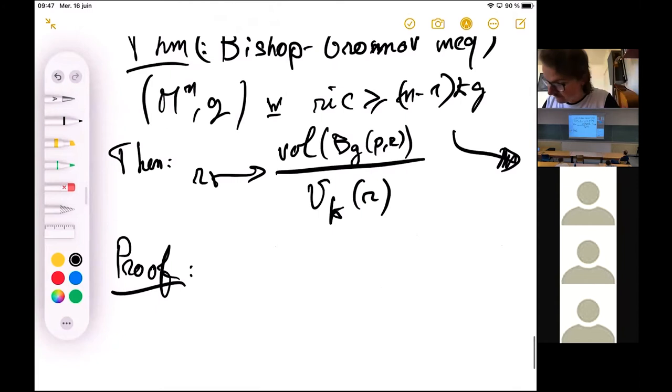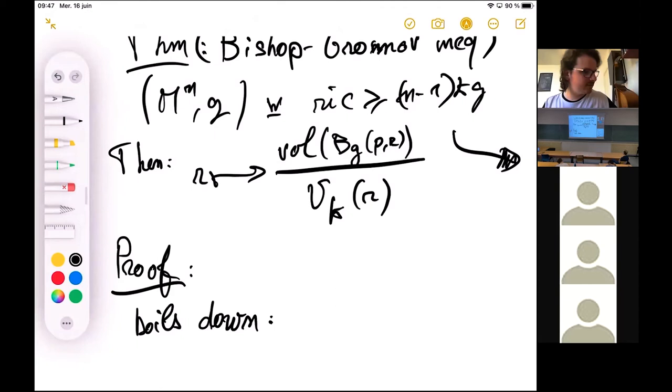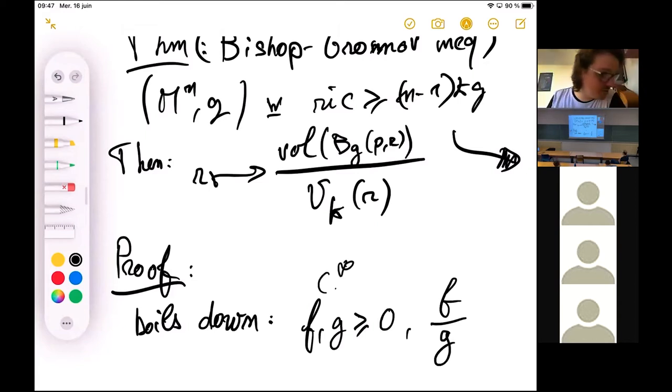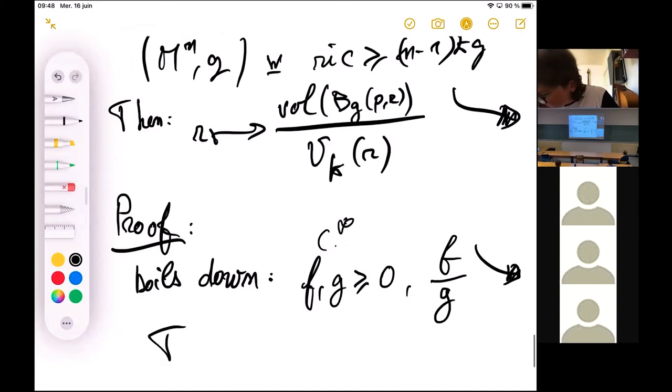So this boils down to the following observation. If you want to challenge first year undergrads, I guess that's a nice way to do it. Assume f and g are positive functions, everything is smooth, and that f over g is non-increasing. Then